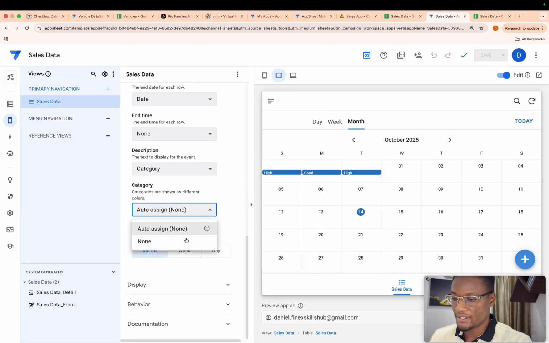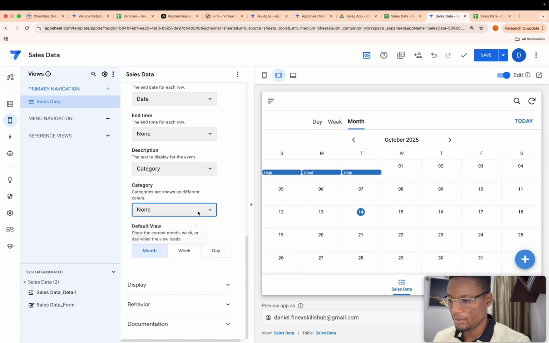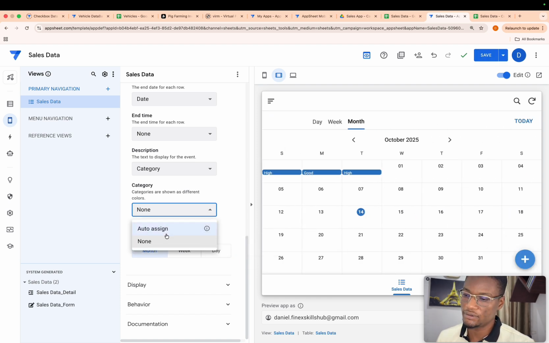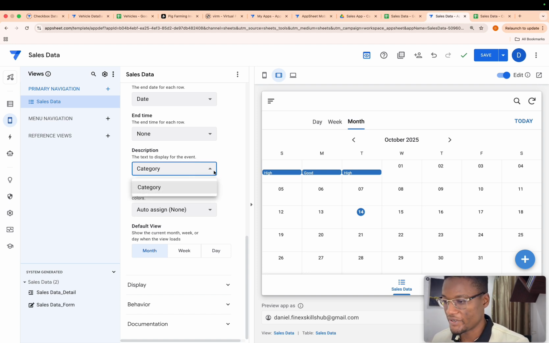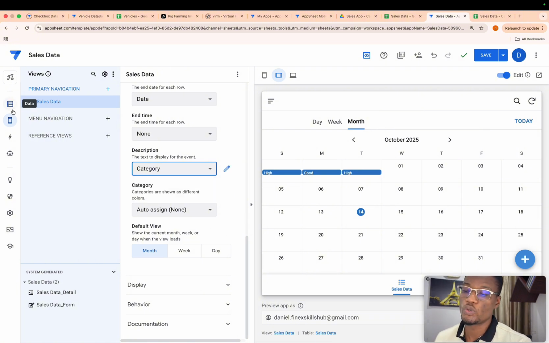And then I'm going to bring this over here. Let me see. Auto assign. Okay. Ideally, you should have the option to put a category over there. I'm not quite sure what is preventing me from putting a category. But let's see. Now, what we're going to do is create a color field that determines what each field should represent in terms of color.